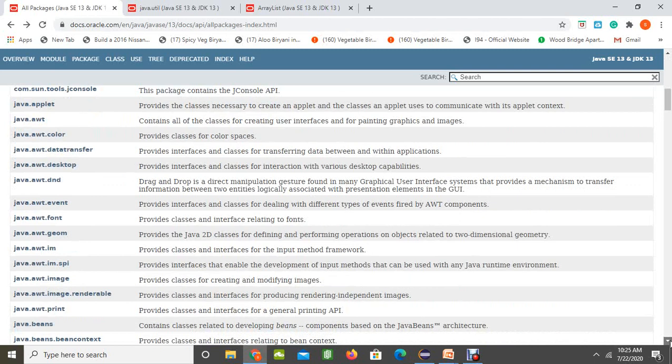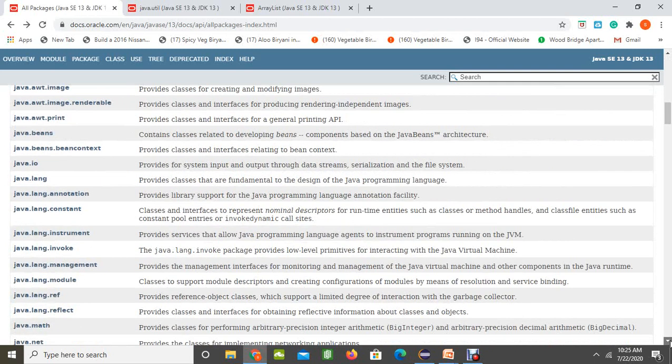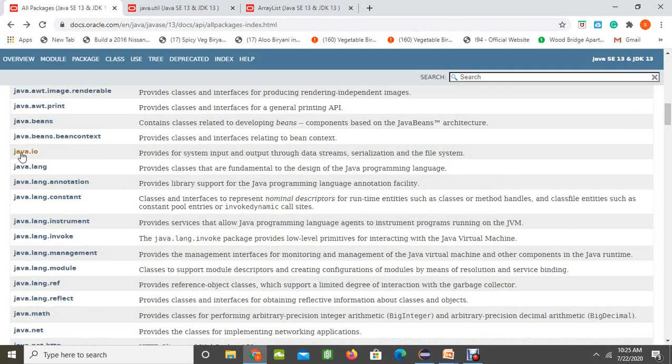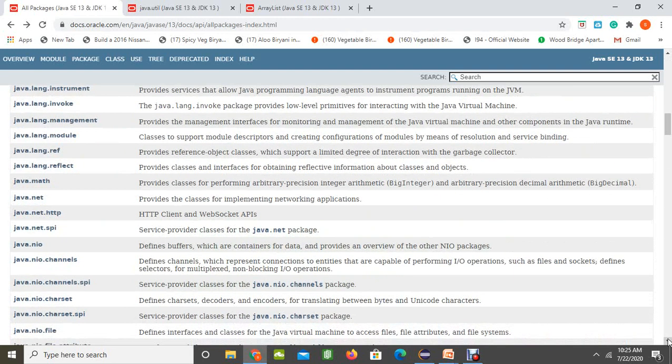Now let's see java.io, which is used for data streams, serialization and the file systems. If you want to open a file or perform operations on a file, you can always go for java.io. And if you want to perform any math operations, you can go for java.math.